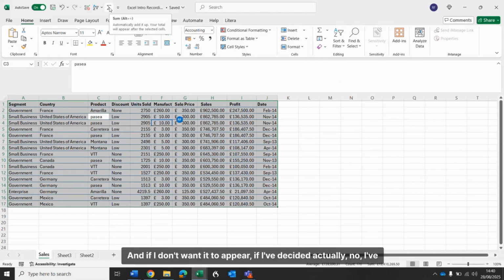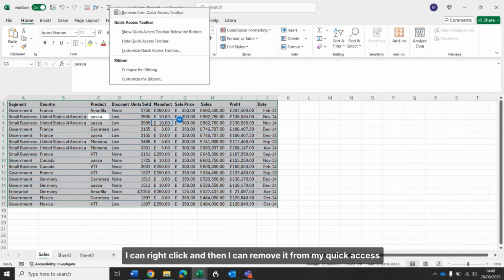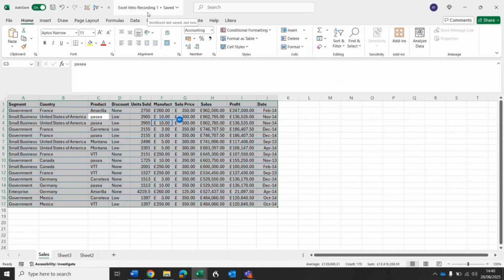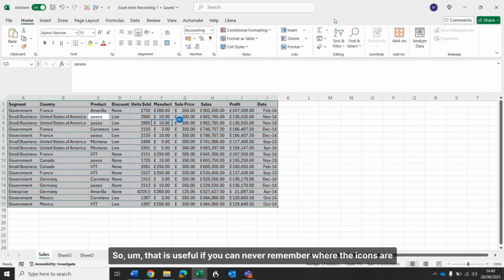And if I don't want it to appear, if I've decided actually, no, I've finished the project I'm on, I don't need that anymore, I can right-click and then I can remove it from my Quick Access Toolbar. So that is useful if you can never remember where the icons are and which menu it's in, which ribbon it's